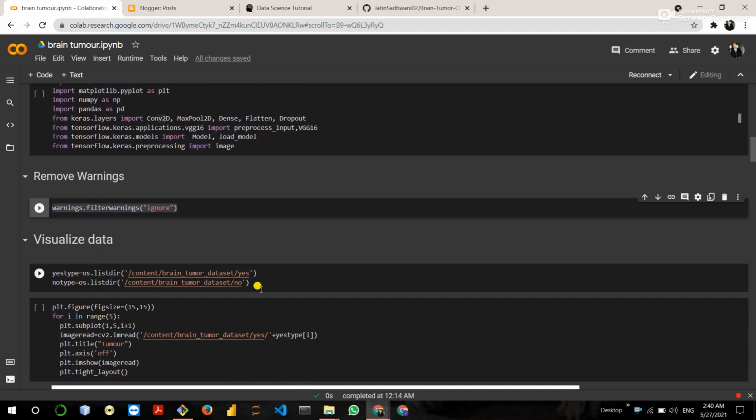Then I create a list of yes images, meaning those who have a tumor, and no images. The yes type contains all the images who have a tumor, and the no type contains all the images who have no tumor.